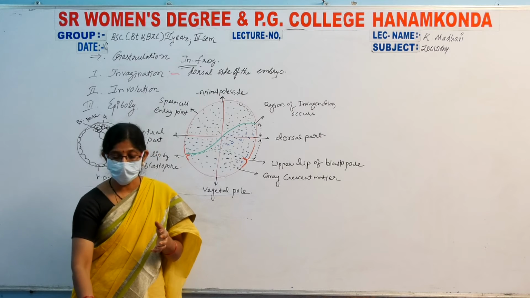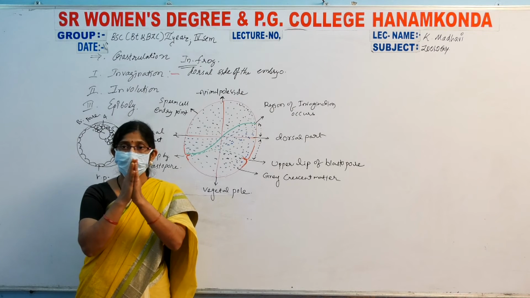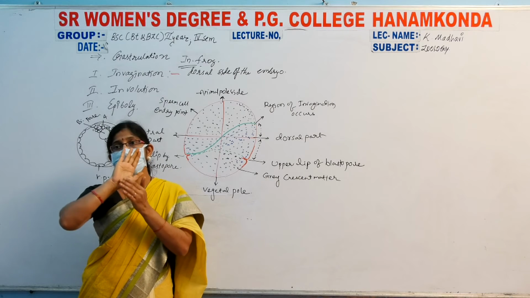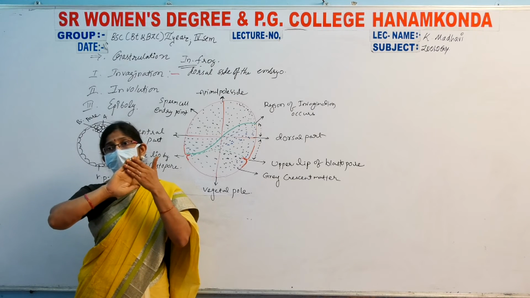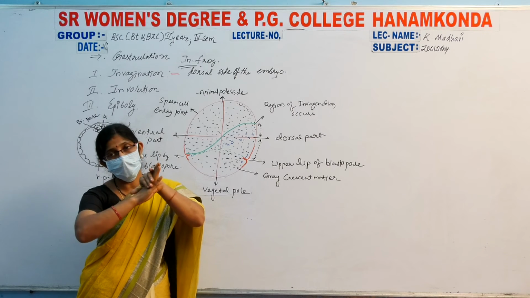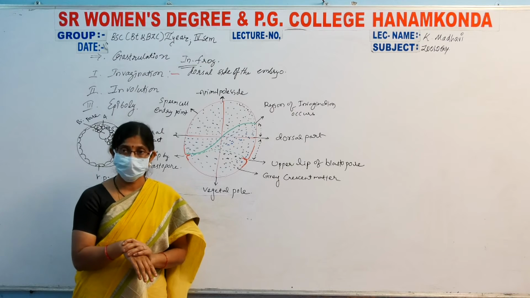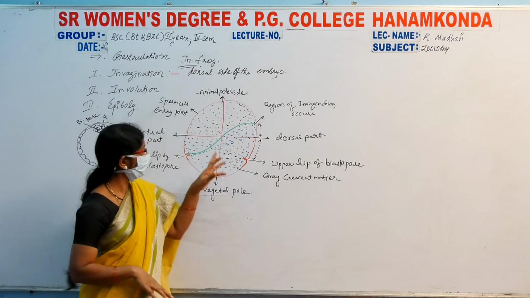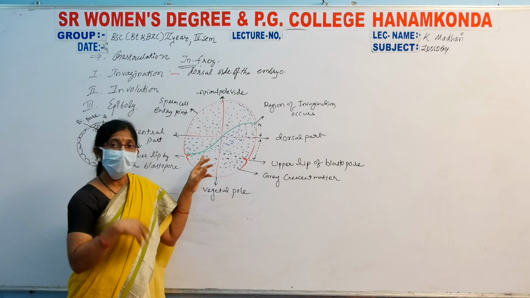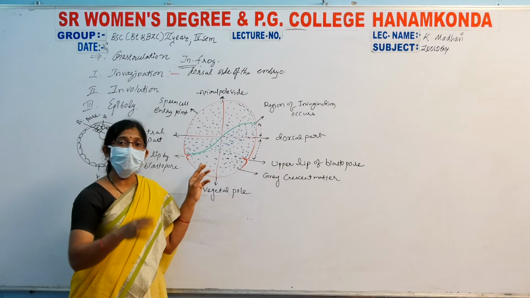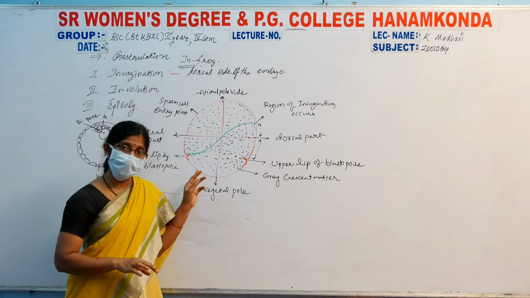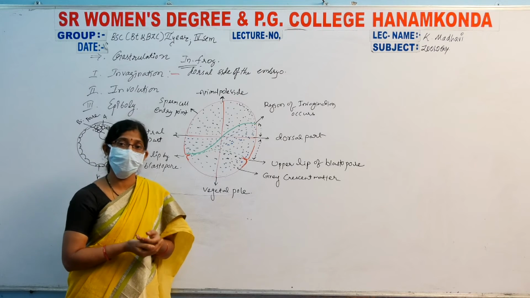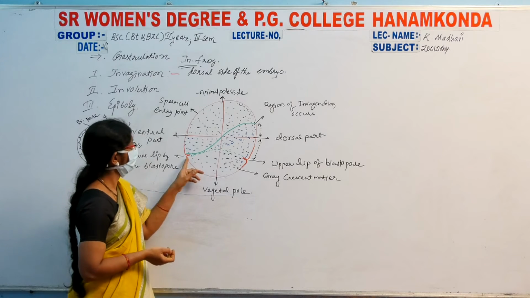For example, last class we discussed. This is the upper layer, and this is the lower layer. The cells of this lower layer will become overlapped by the upper side. This is known as invagination, right? The inward and outward going of the cells is known as involution, the inward process. The outward growing process is known as invagination, right?